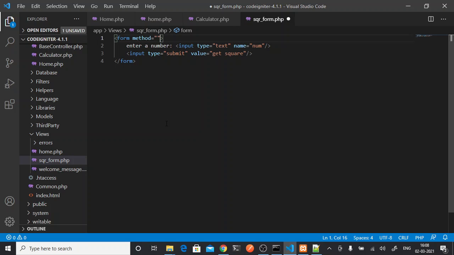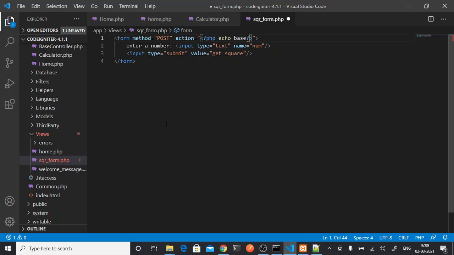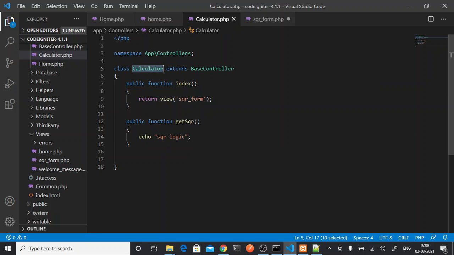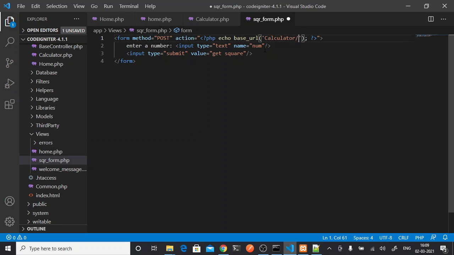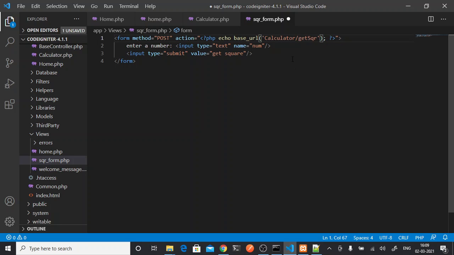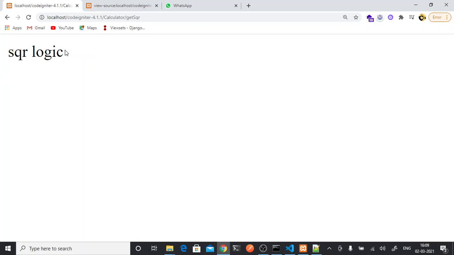So my method should be post and action, same PHP, echo base URL, so here in calculator get square function. So see square logic we have got.